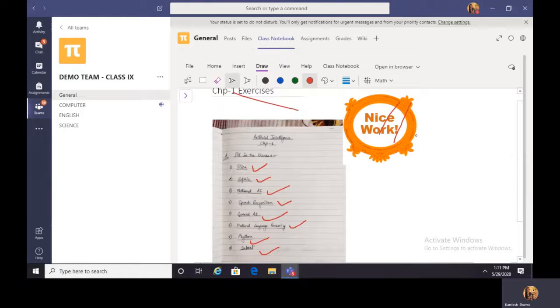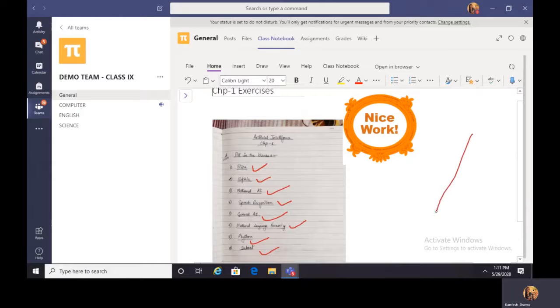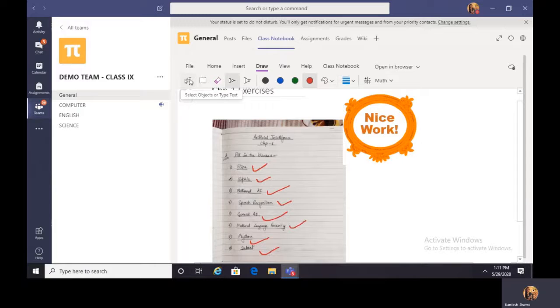So for undoing it, you can press Ctrl Z, or you can go to home, or you can press this button. This is also undo. Let me just do this, and now press undo. It will be undone. Okay, now go to draw and select this first option, because this is the typing text mode. Once you click on that, you are in the normal mode. See, your cursor has changed back to normal.